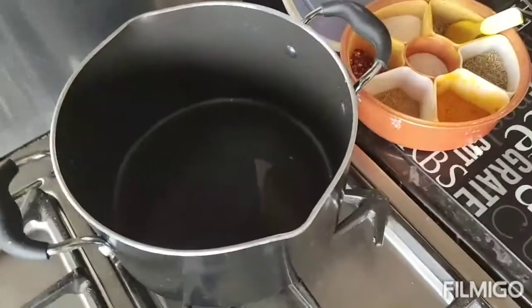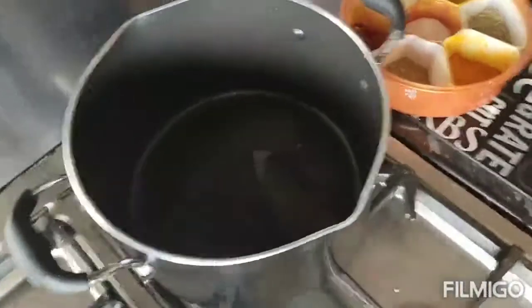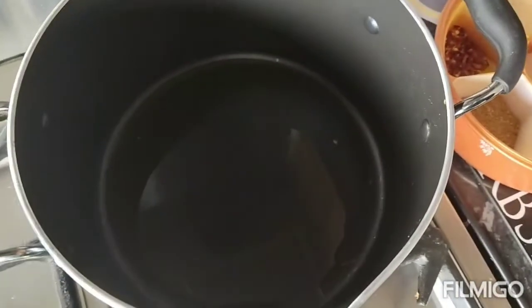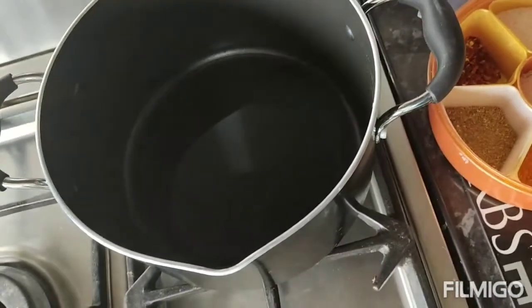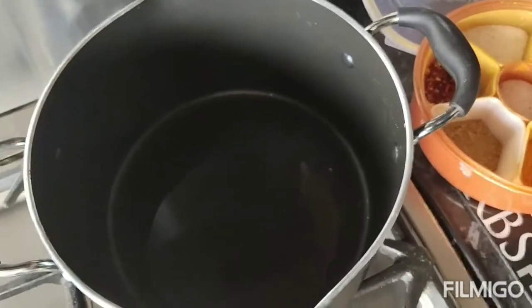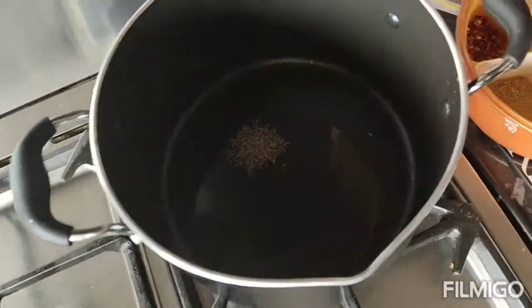To start off, we've got our sunflower oil. It's the same one we've been using for all the videos, just a bit of Flora sunflower oil, and we've just coated the bottom of this pan. And we're going to add into that something I'm going to show you in a bit more detail rather than just throwing it in like all the other videos. We're going to add some cumin seeds to that, about 2.5 spoons